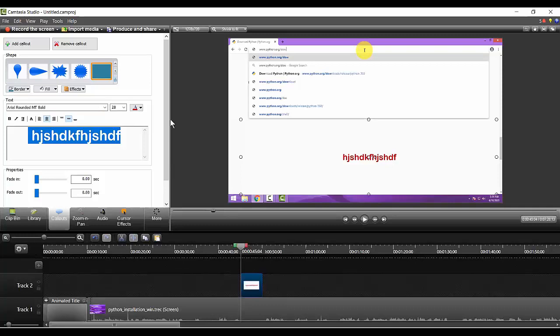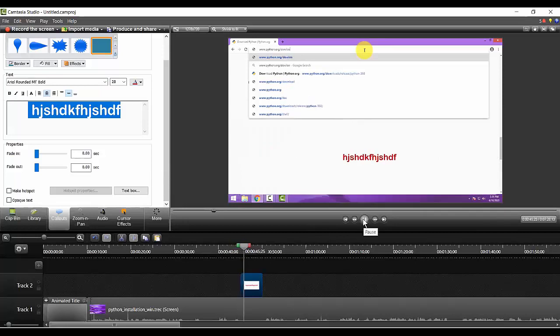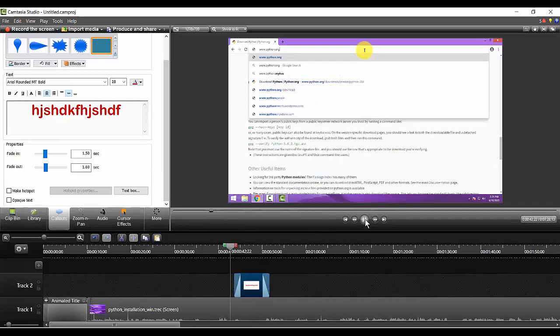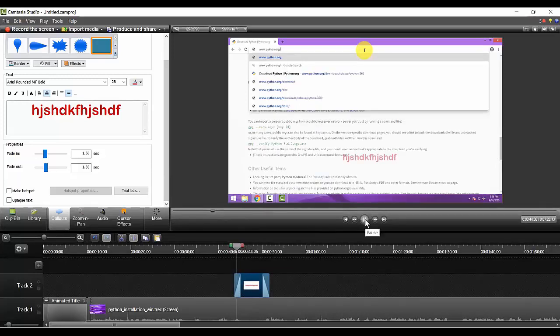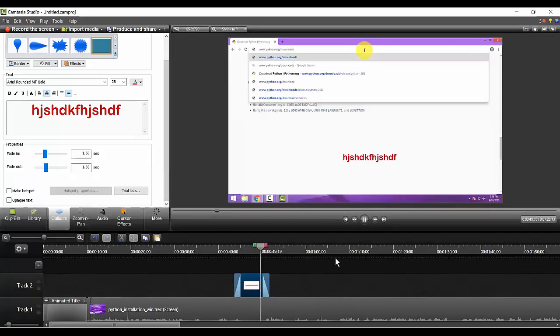Look at how this text is coming. The text is coming all of a sudden. There is no transition. So in order to add a transition, you can do something like this. Now you see there is the light blue color extension here. By this, you will see that the text will come gradually, stay for some time, and then go gradually.